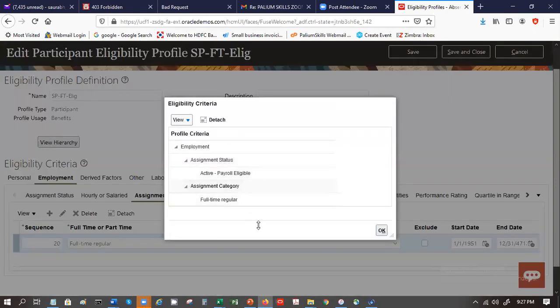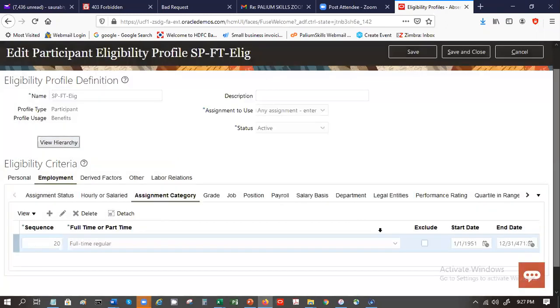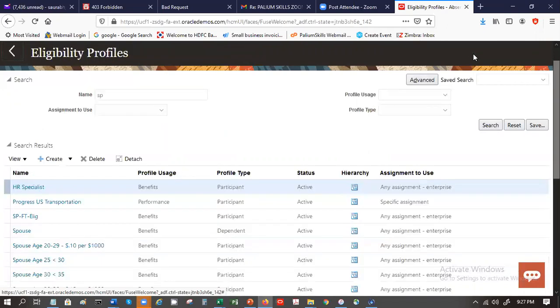Okay, the order we were talking about, 10, 20, so this one will be coming first, then this one will be coming. All right. Even when you are looking at an existing eligibility profile, this view hierarchy is pretty useful. It allows us to keep tab on what is happening. All right.